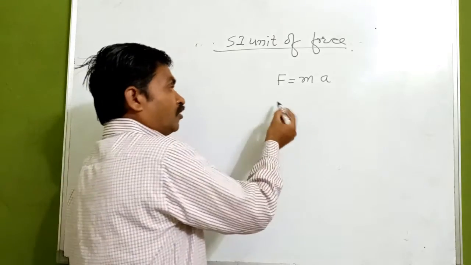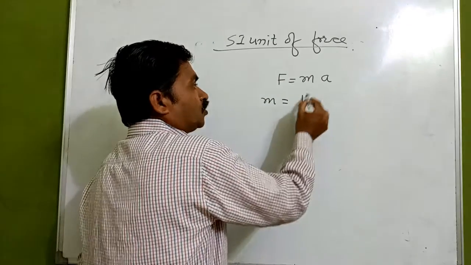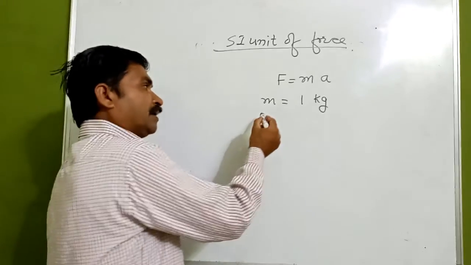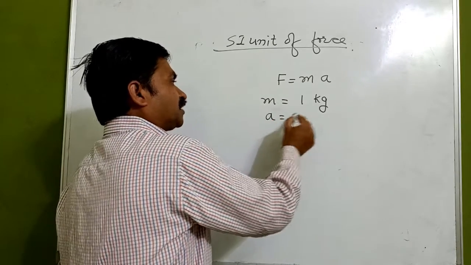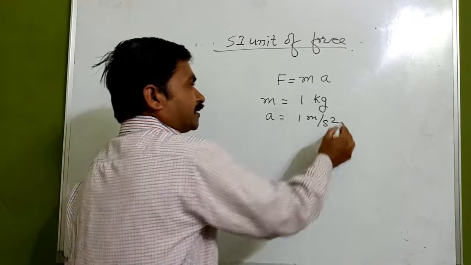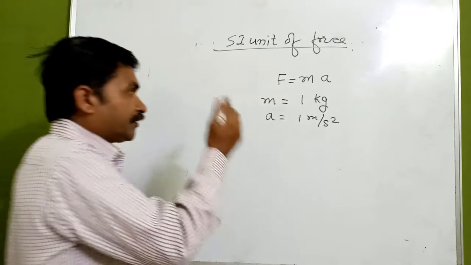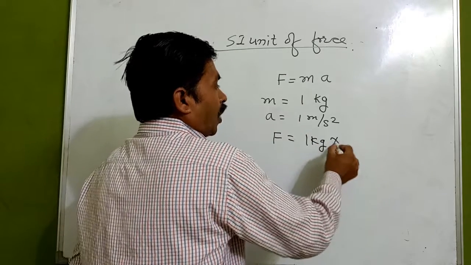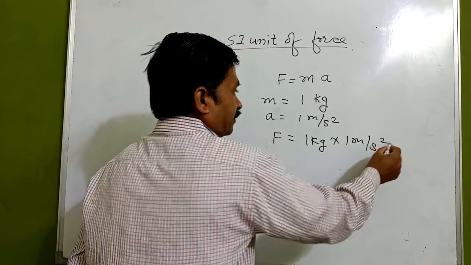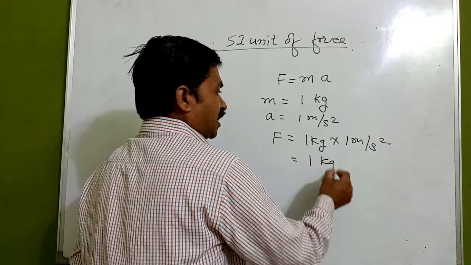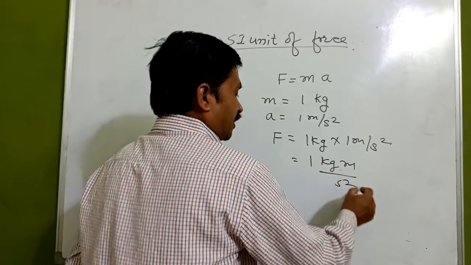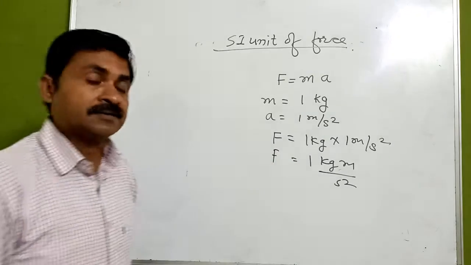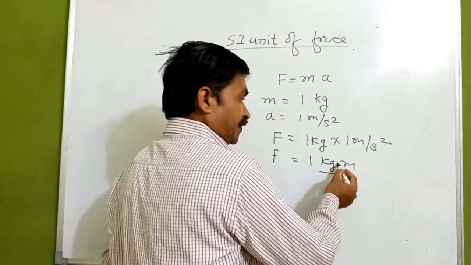Now, if we take it in the SI system, mass is in kg, and of an object, acceleration, if it is 1 meter per second square, so the unit developed for it is 1 kg into 1 meter per second square. Now, this kg into meter per second square is the SI unit of force, but it is replaced by